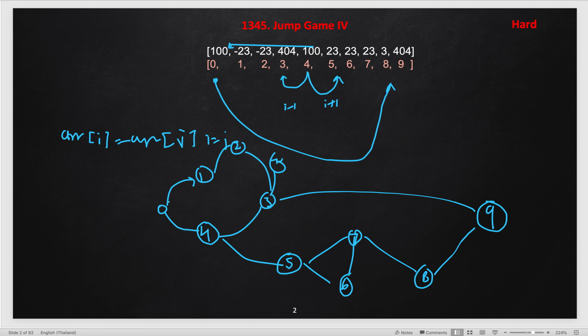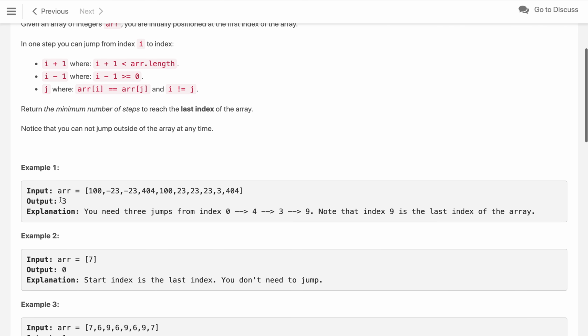So if you see, if we start breadth first search from this vertex, index 0, then in the next layer we can go to either 1 or 4. So this will be our first layer, this will be our second layer, and this will be our third layer. In the third layer we can go like this, or if we visited this, then these edges. So we can reach 9 in the third step. So if you see here, the minimum step is 3, so we have to return 3.